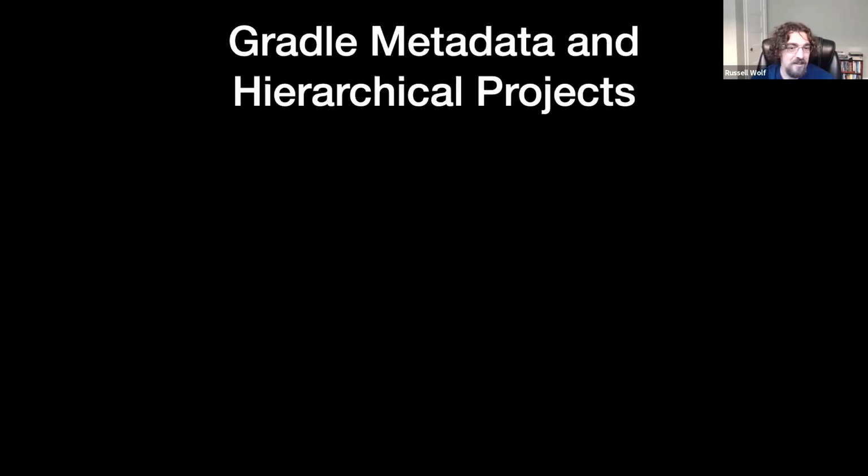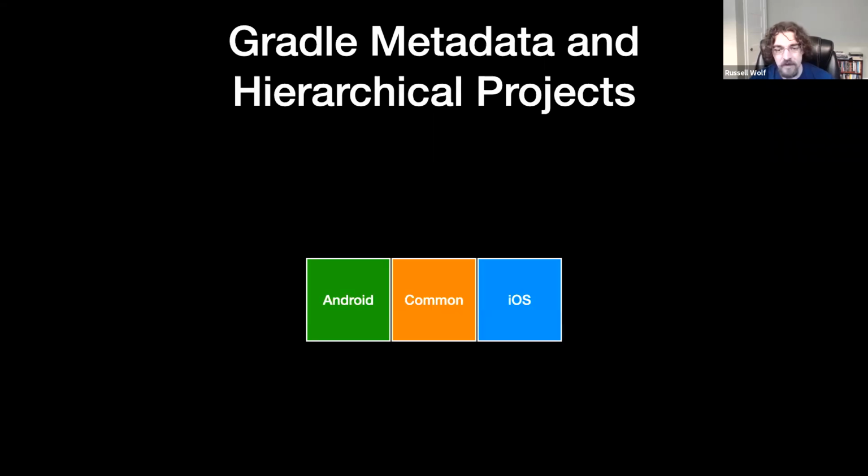So most of the stuff that I've gone through thus far is things I've talked about some in the past when I've given other versions of this talk. What's some of the new stuff that's going on lately? There have been a lot of cool developments, especially with the Kotlin 1.4 release. One of the things I want to talk about is the concept of the hierarchical project model and Gradle metadata. These are terms that you'll hear thrown around a bunch if you're reading through different parts of the multiplatform documentation. What it really means is, we were looking earlier at this central module that has different source sets for Android and iOS, and we're going to pick it apart a little bit,